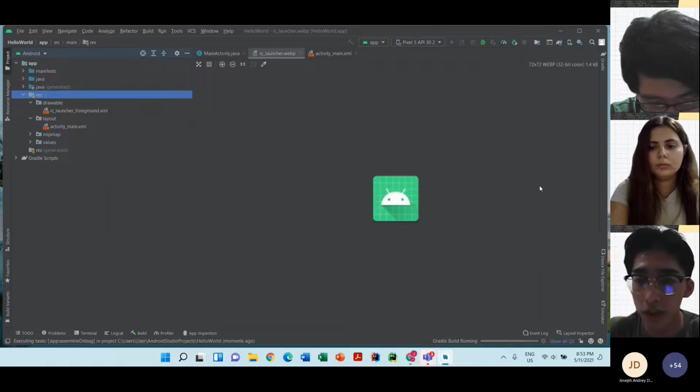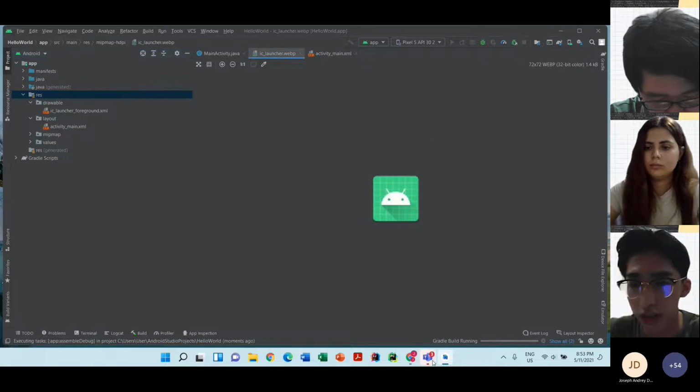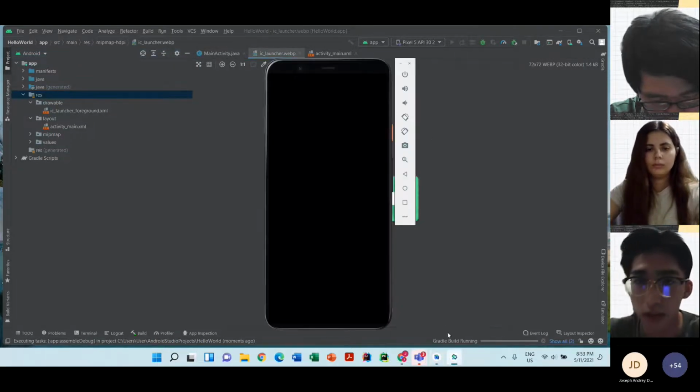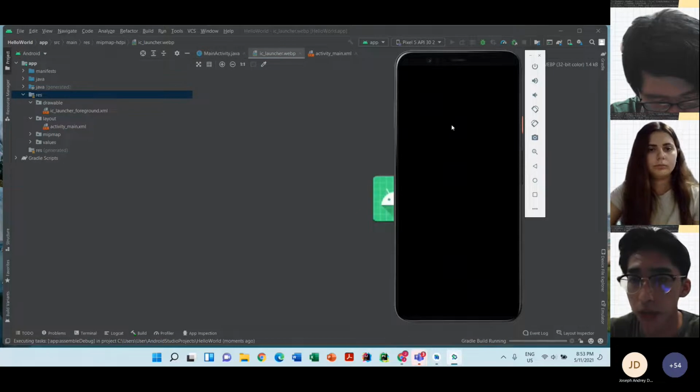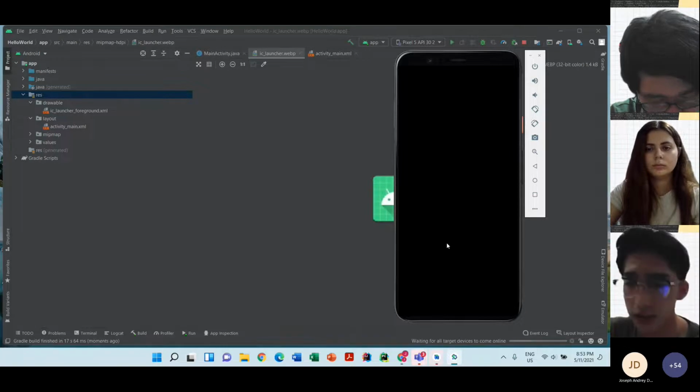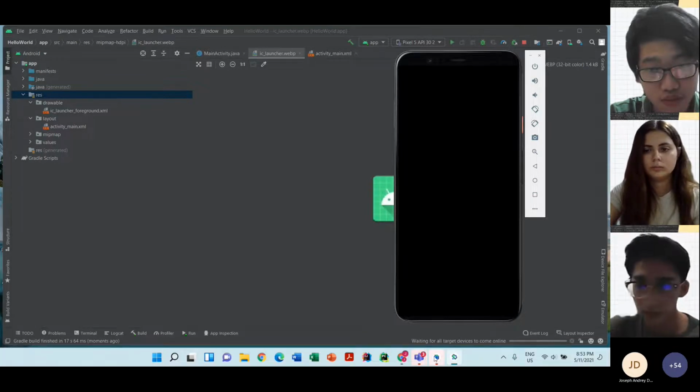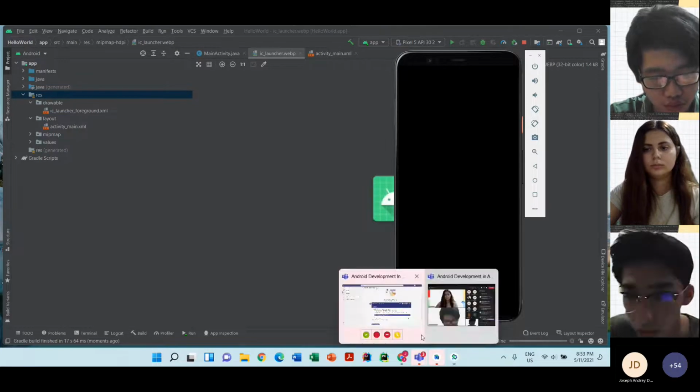So when I run the application, you can see later, it changed from this to the iDiary logo, okay? It might take some time to load, because this emulator is a bit heavy, like 9 GB, okay? So can you guys follow?